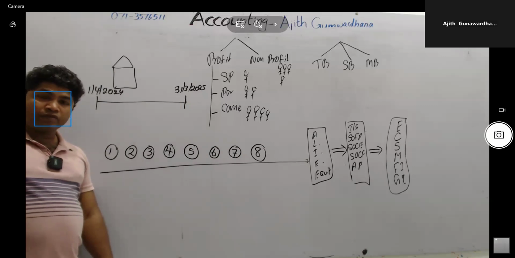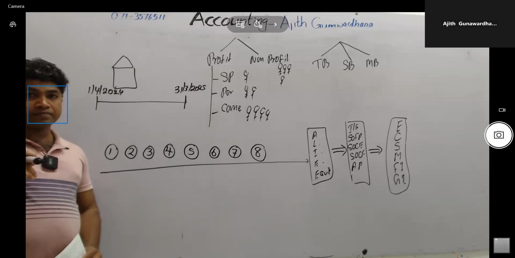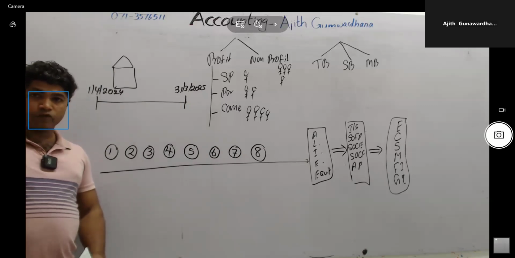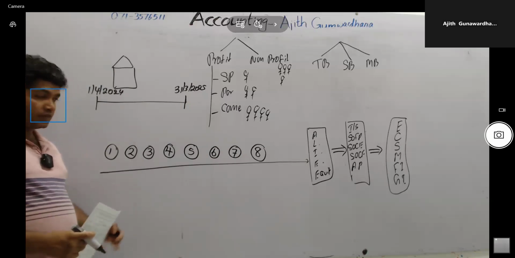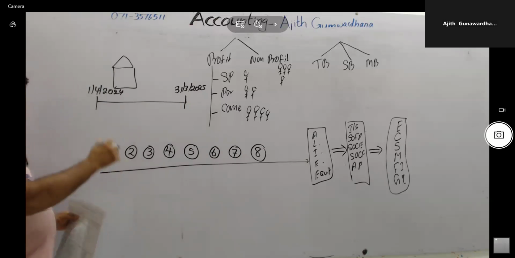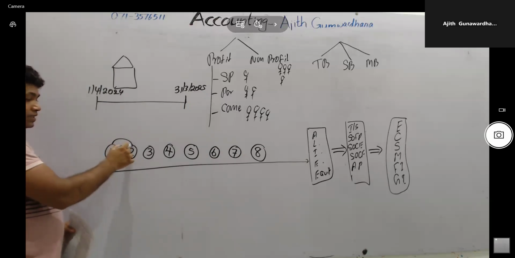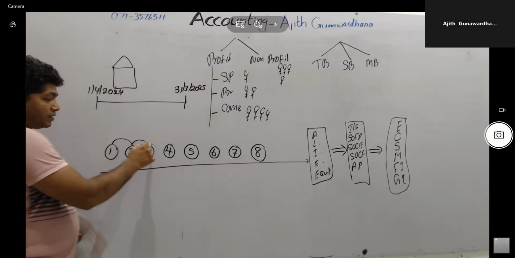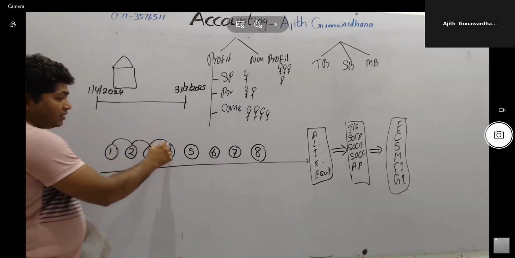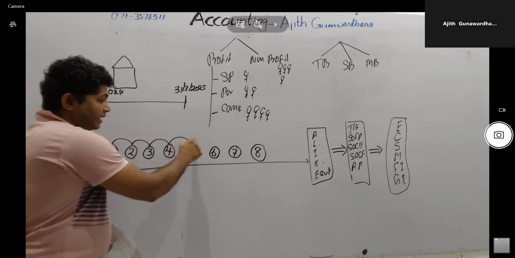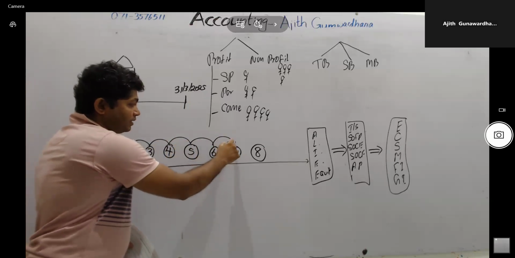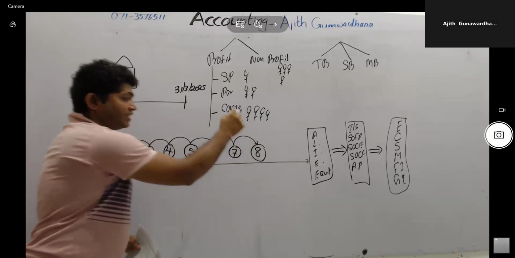We have been discussing the financial accounts part. In Grade 12, we have to discuss up to lesson 10. We have been discussing lesson 4, prime books. Therefore, this is the process. First, transactions and events. Second, source documents. Third, prime books. Fourth, ledger. Then trial balance, error correction, adjustment, and preparing financial statements.